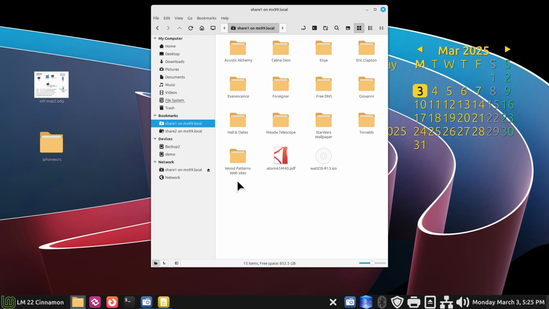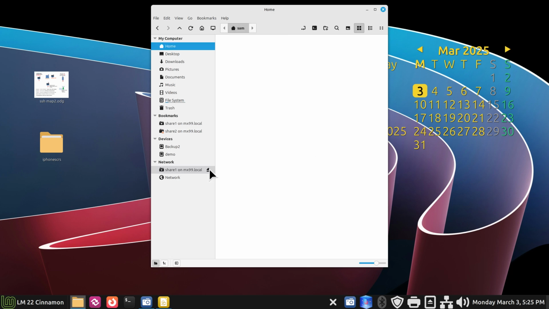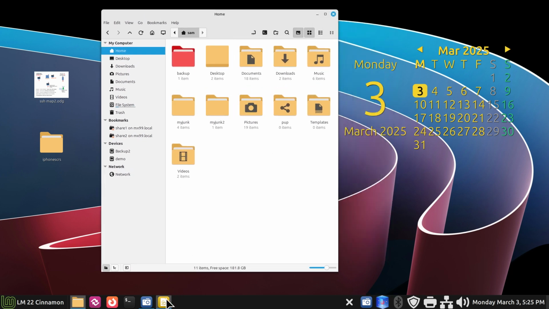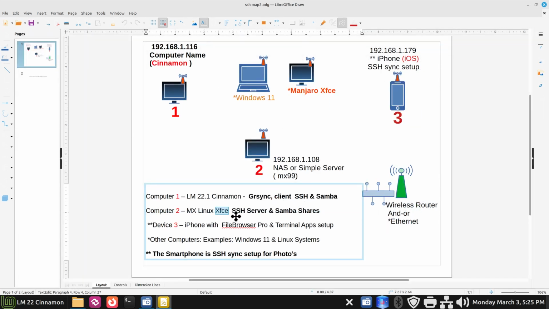So now we're going to go into a little higher step. We're going to talk about your SSH, which is what this is running. It's running OpenSSH Server. You can find OpenSSH Server on most repositories for Linux and install it. Most, I wouldn't say all, but most Linux distros also come with the SSH client installed. Not so much Samba shares. All right, so with that said,